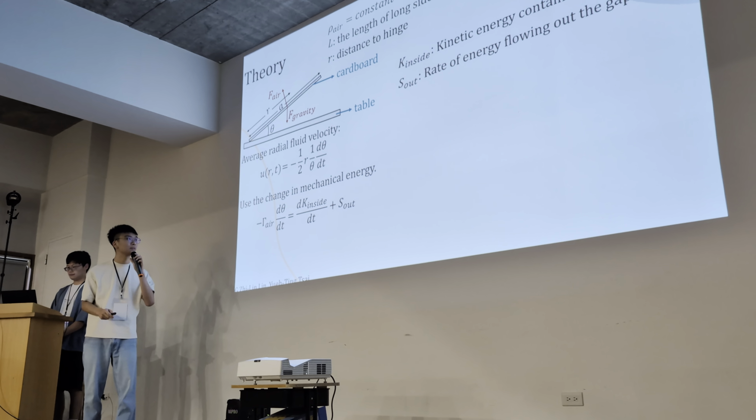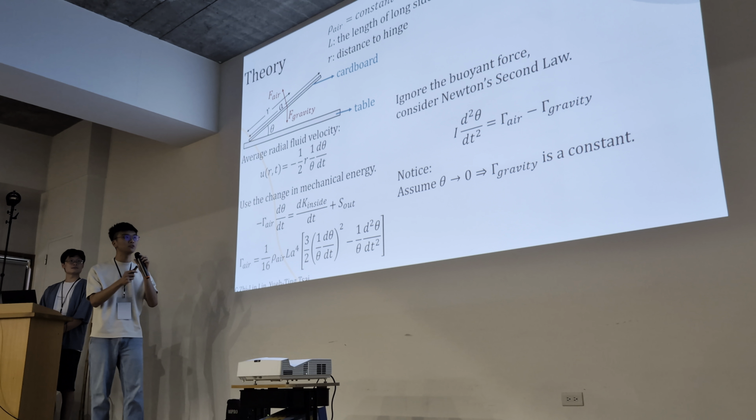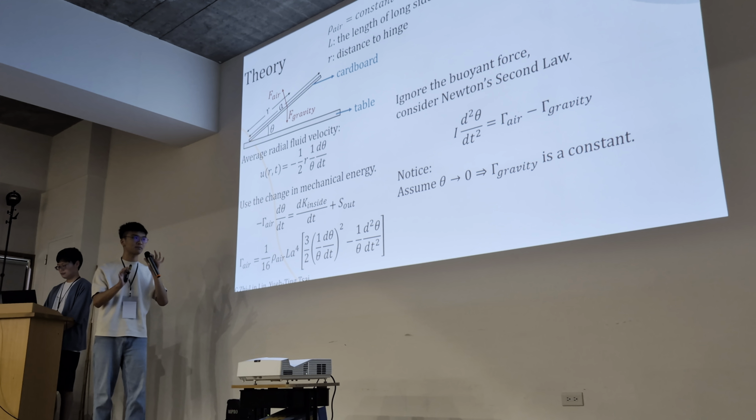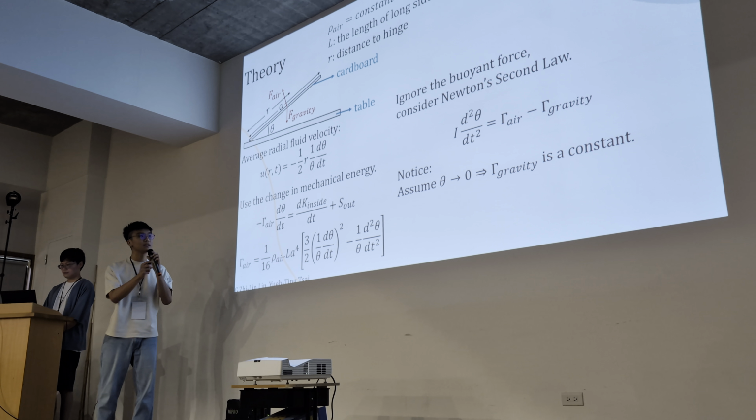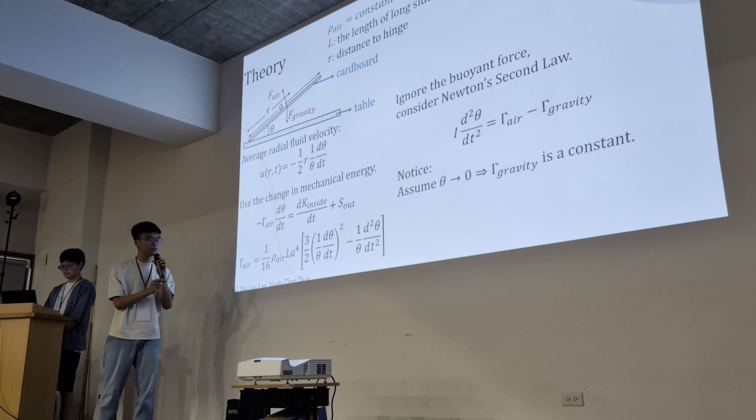And gamma gravity is the torque acting on the board due to gravity. And notice that we make an assumption that theta is approaching 0. So gamma gravity is a constant here. And then after substitution into Newton's second law, we can have this equation. It looks quite messy, so we let three dimensionless variables be x, the scaling for theta, tau, the scaling